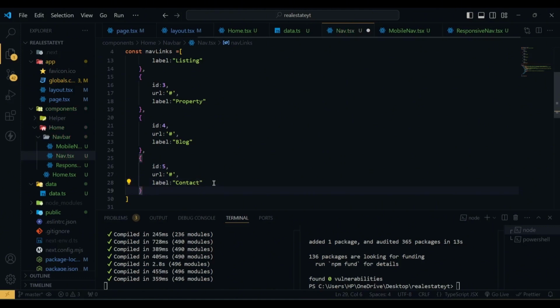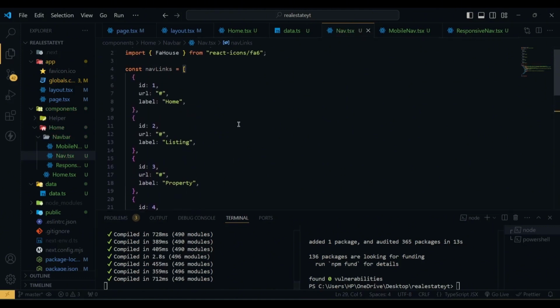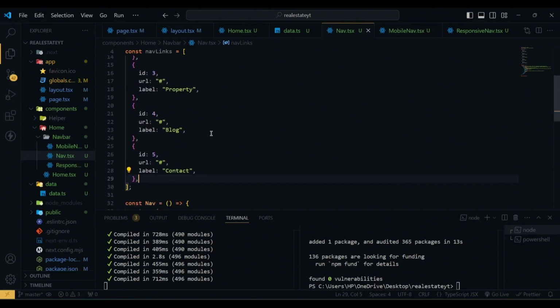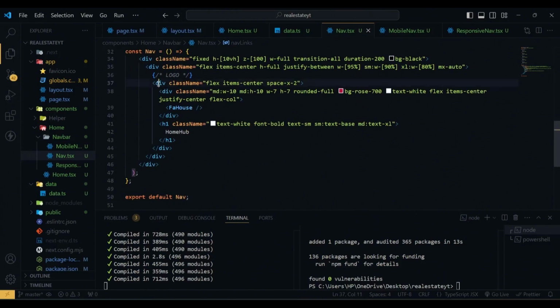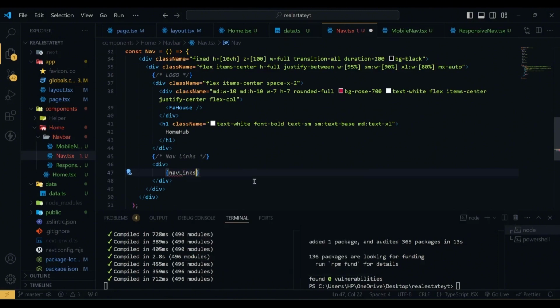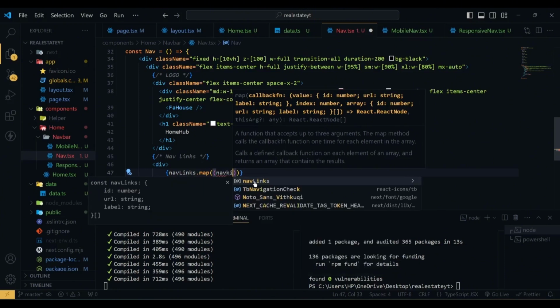So here, now this is the nav links array. So here we have all the nav links. The cool thing is that here you can add more in the future if you want. Now what I'm going to do is, after the logo, here we'll have our nav links. So we have a div, and inside this div we're going to map through our nav links. So nav links dot map, and we will get an individual nav link,